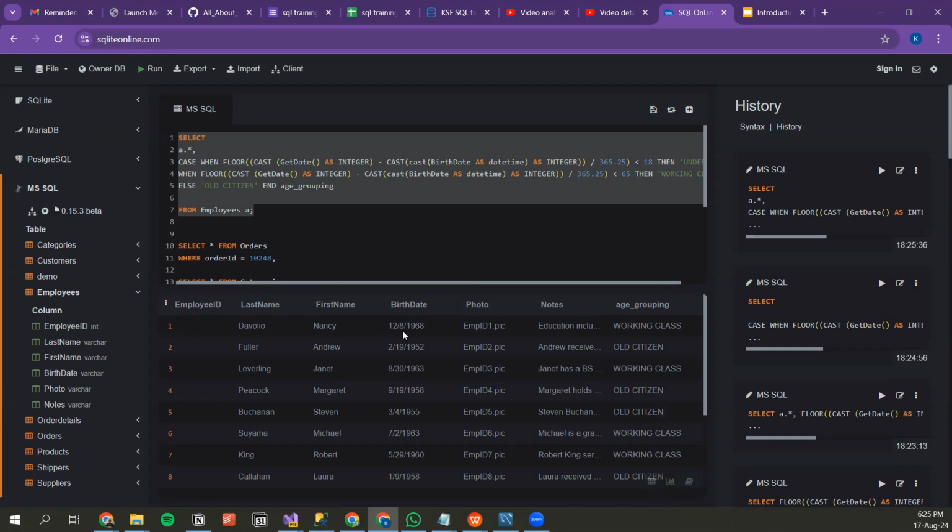So you say, okay, this particular person is probably working class. This one is, so it's just more of trying to do a grouping, yes, a form of classifying the data. So I could actually know, okay, these are the set of people that are working class and something. Later on in the class, when we get to group, we might be using this case to group by something. But I think at this point we can move to